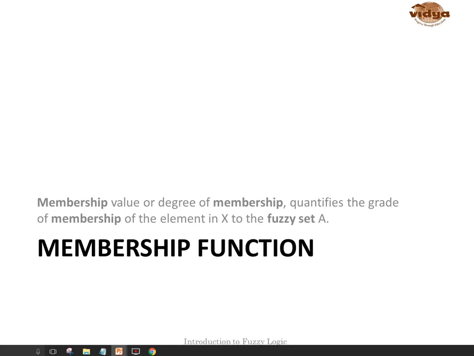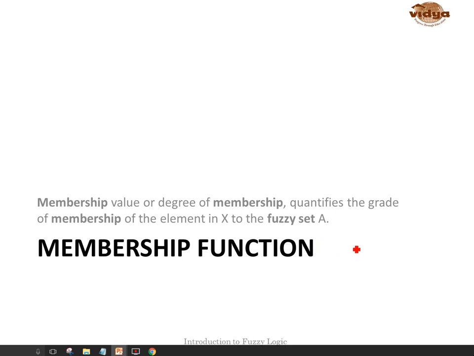Hello, dear students. Let's see the membership functions. Membership value, or a degree of membership, quantifies the grade of membership of the element X to the fuzzy set